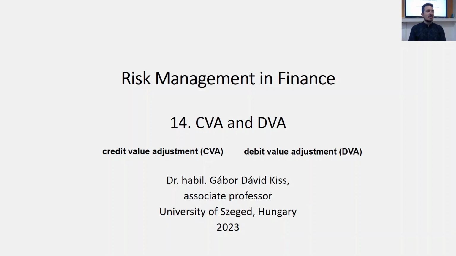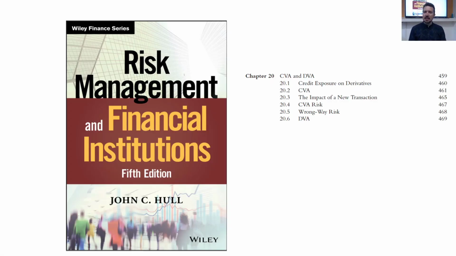Because I was always saying that if we are buying an option or other derivative, the derivative is only providing insurance against the market related risk, so the volatility of the prices and changes of interest rates. But at the end of the day, what happens if our partner is going down? And that's why we have this chapter here, so chapter 20 in the book.